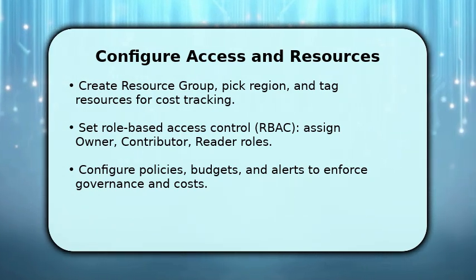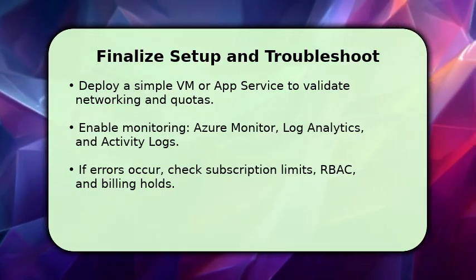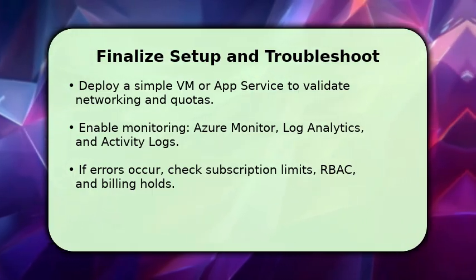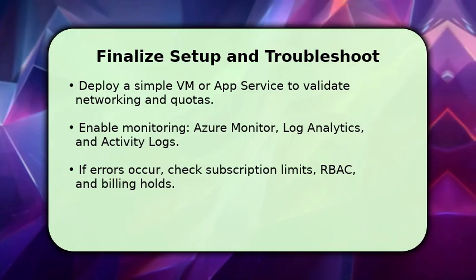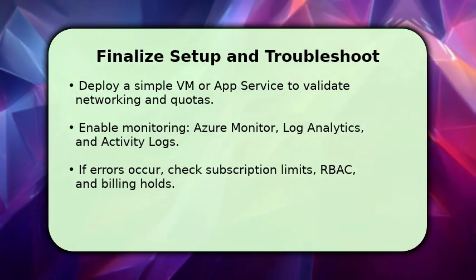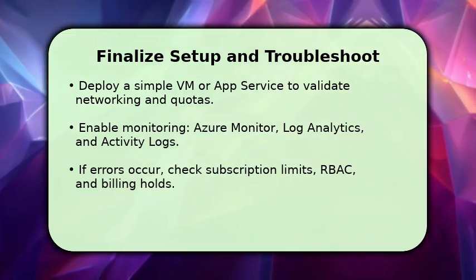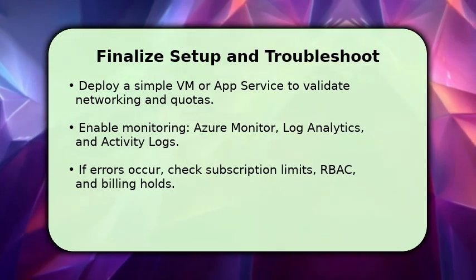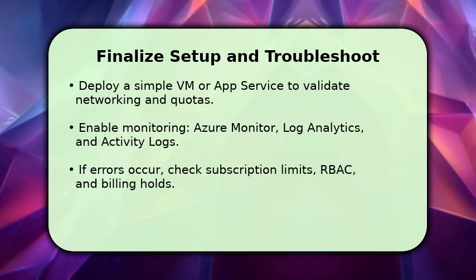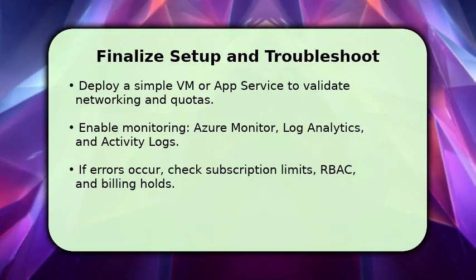services. Finish by deploying a lightweight VM or app service to validate your network, NSG, and quota limits. This confirms resource creation and region constraints. Then enable Azure Monitor, link log analytics, and review activity logs so you can observe behavior and costs in real time. If deployment fails or resources are blocked, check subscription spending limits, RBAC assignments, and whether payment verification or billing holds paused provisioning. If needed, raise a support request from the portal and attach activity logs to